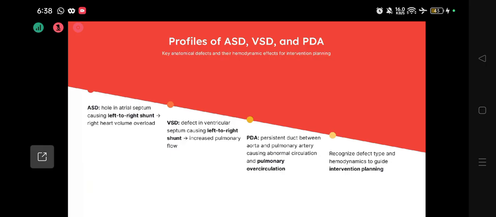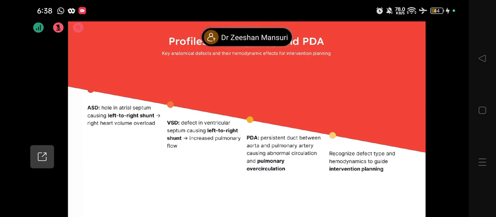So usually atrial septal defect, hole in the atrial septum, ventricular septal defect, almost always ASD and VSD will have a left to right shunt, but VSD will Eisenmengerize between the age of 2 to 10 years. Sometimes at the age of 3 or 4 years as well, the patient may be Eisenmengerized, right heart failure may have set in, and the PA pressure may be suprasystemic, so that the patient's lifespan is reduced, and then